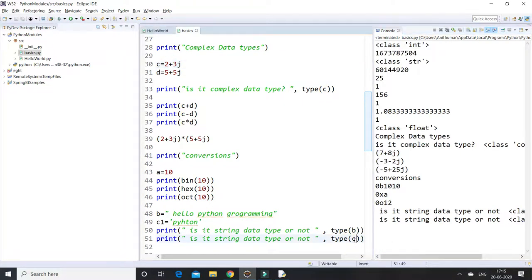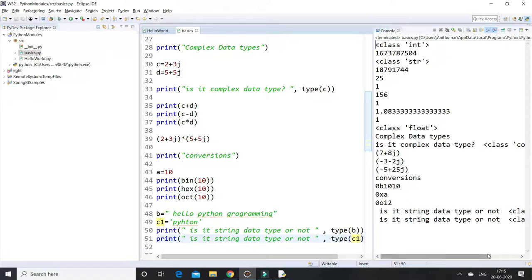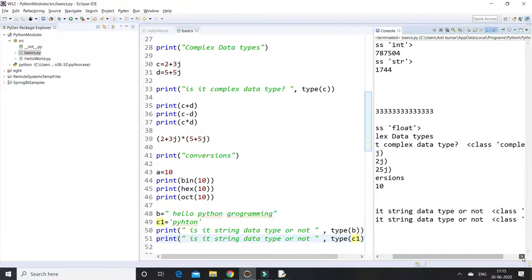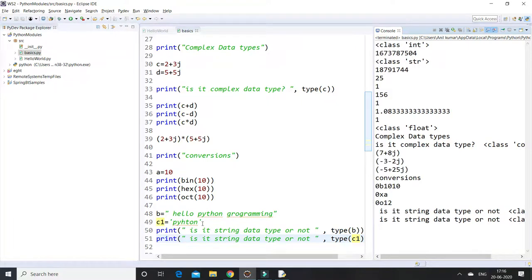Let's replace it with c1 and run. See here, string. Previously I also wrote Python 3.8, right? Let us run.